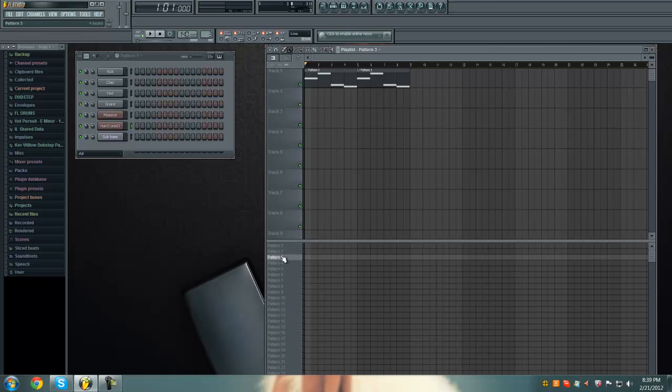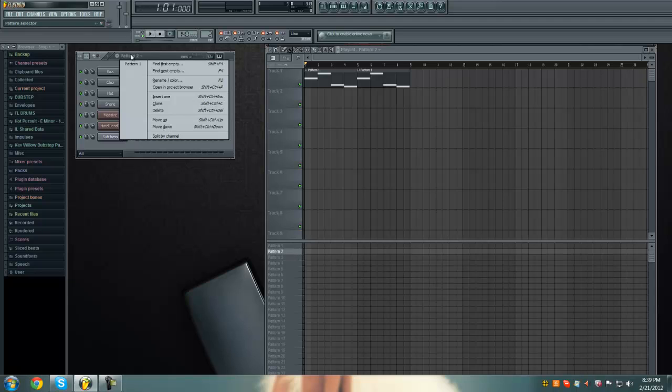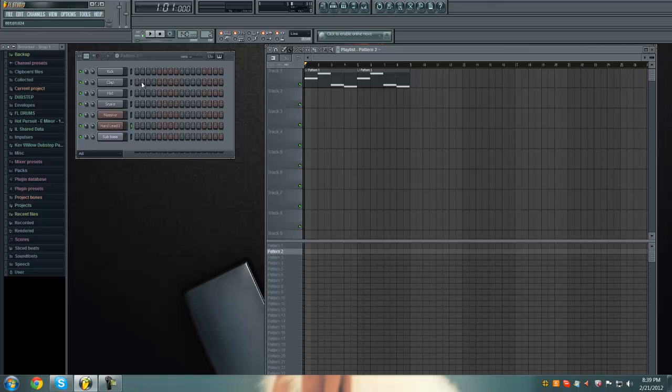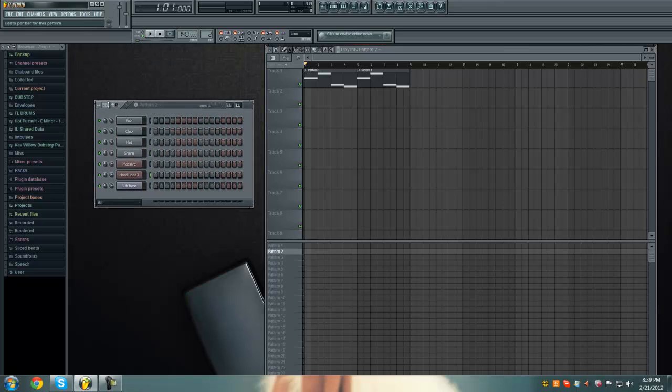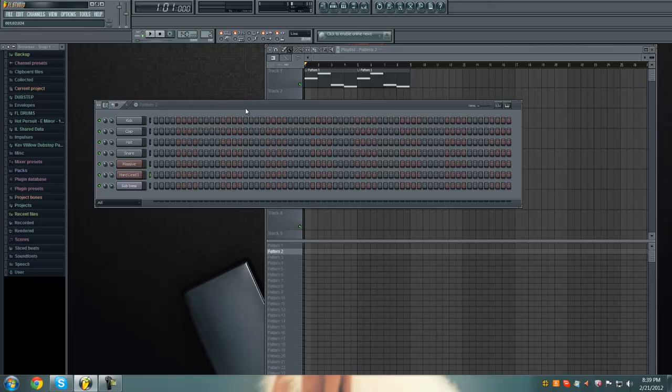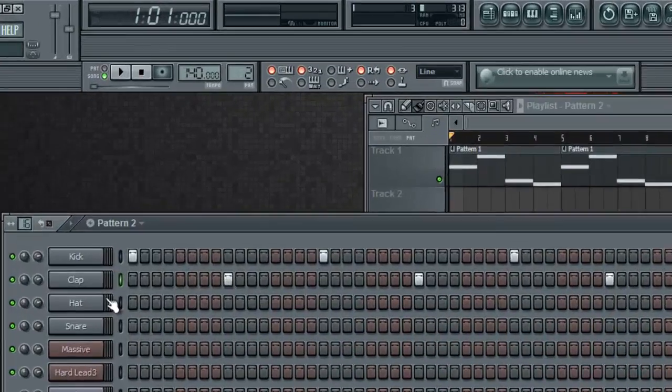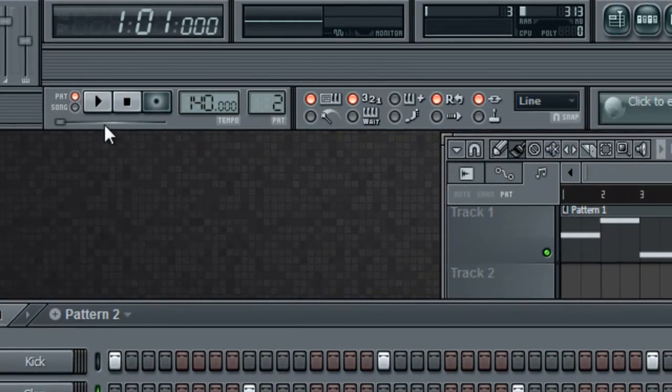So go to your pattern 2. If you don't want to use this, you can hit here and hit find first empty, and it'll take you to the second pattern. And in this little box right here, click and drag it till it says 16. That means it's going to last for 2 bars. So typically with a dubstep song, it goes kick, snare, kick, snare, kick, snare, kick, snare. And notice that it's on every gray block in here, okay? So if I were to play this back,